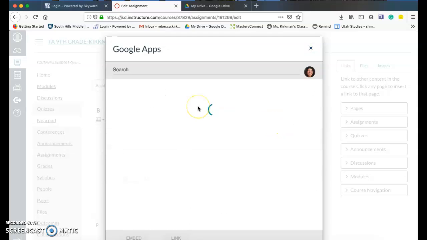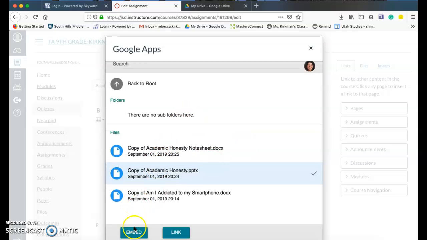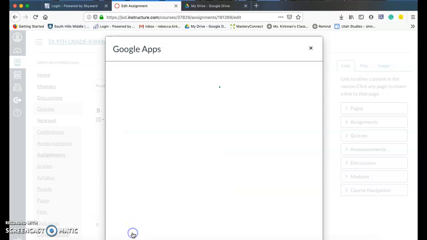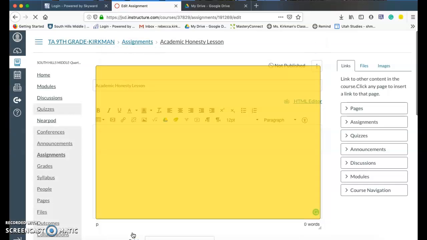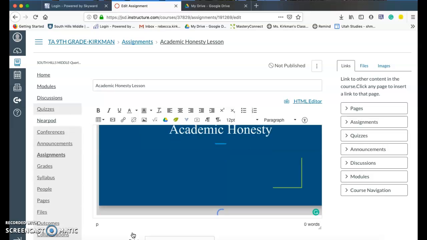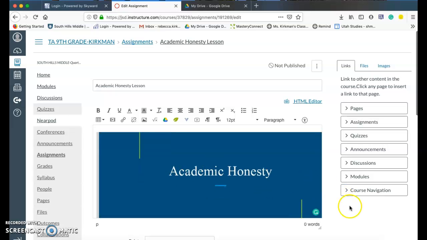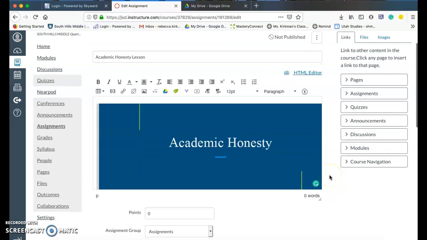There we go. And then copy of academic honesty, and I'm going to embed that. So then here, this academic honesty Google slide will be embedded,